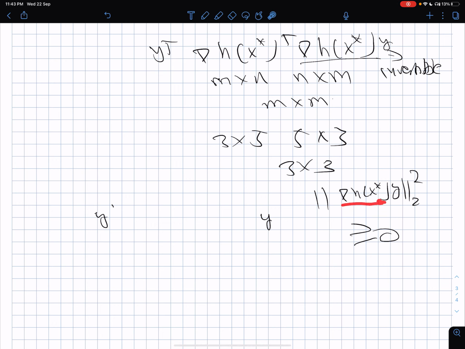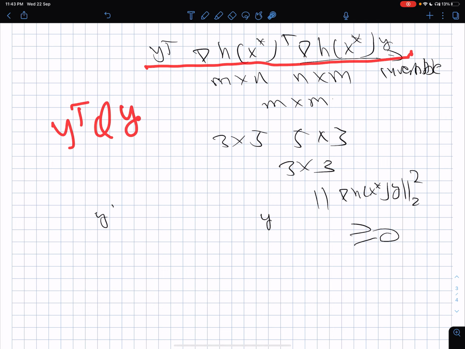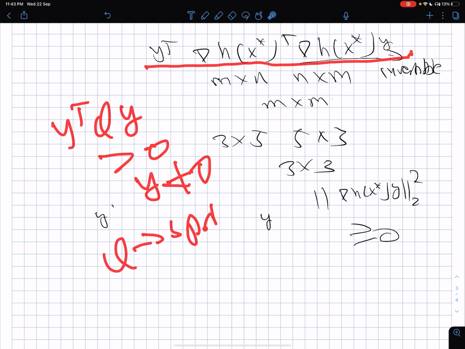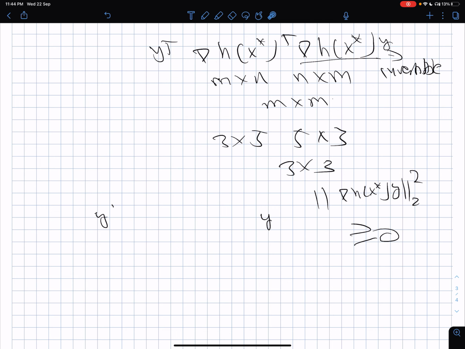But because by the regularity condition this is a full rank matrix, this can go to 0 only if the y vector goes to 0. If y is not equal to 0, then this will not go to 0, so this will become strictly greater than 0. So therefore what we have shown is that for y not equal to 0, this product, y transpose Qx if you want to write it, is strictly greater than 0, which means Q is a symmetric positive definite matrix. The symmetricity is obvious. If it is a symmetric positive definite matrix, it is an invertible matrix, so therefore this also is invertible.